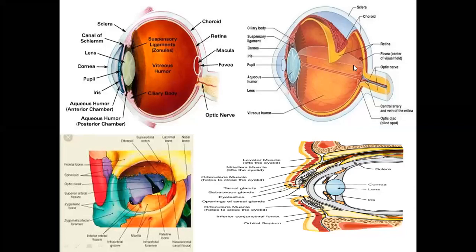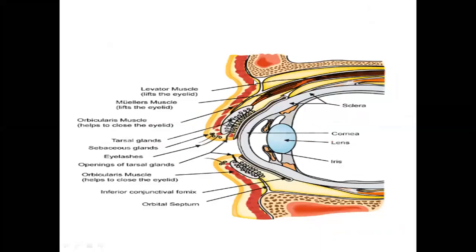Okay, beta. So we have discussed a review of the anatomy, and now it will help us to understand the clinical anatomy. So this is again a skin, this is the orbicularis oculi, this is an orbital septum, this is a tarsal plate which contains the meibomian glands, and the inflammation or infection of the meibomian glands will form the chalazion, and these are the glands of Zeis and Moll.